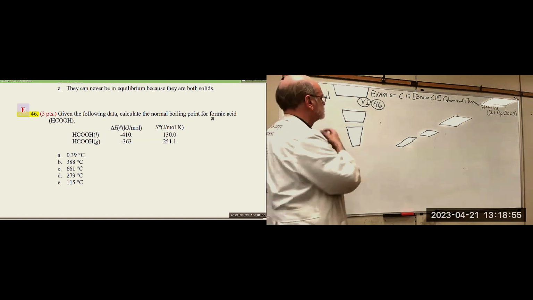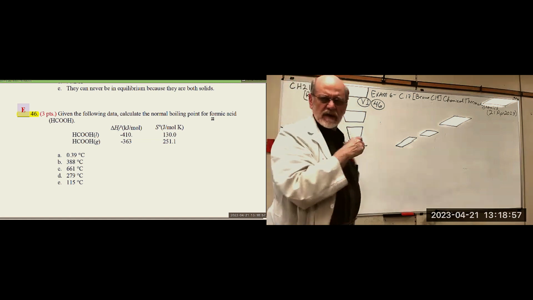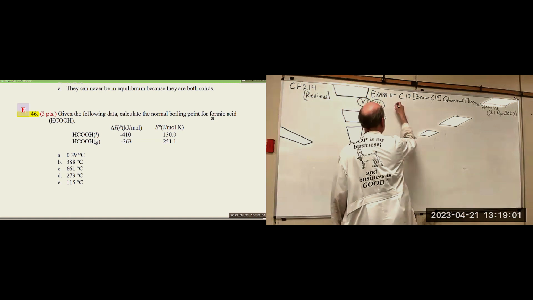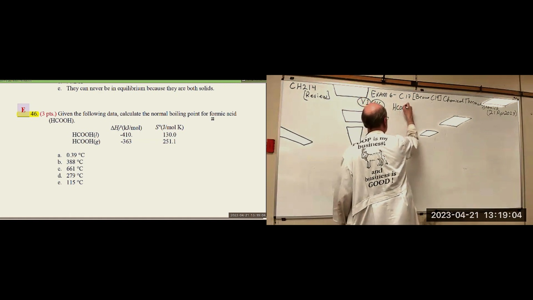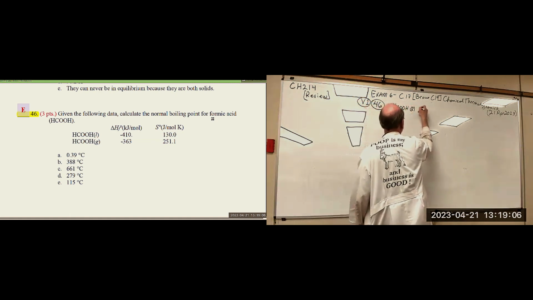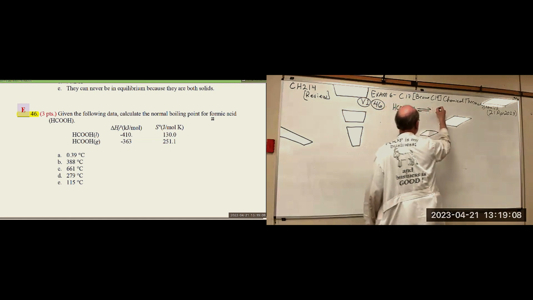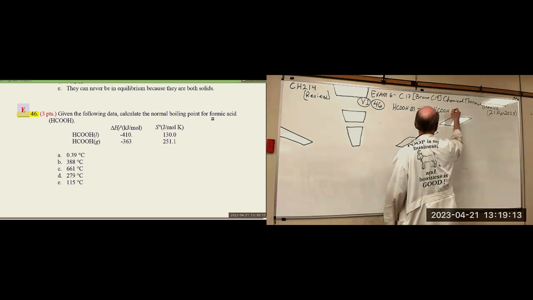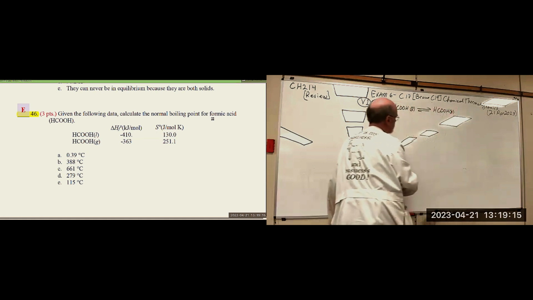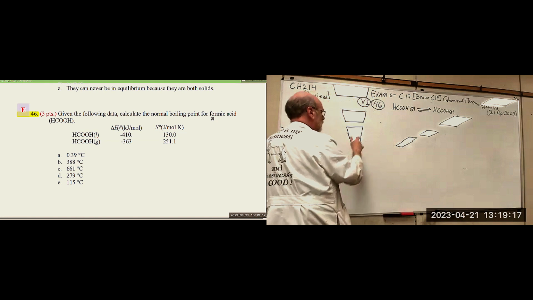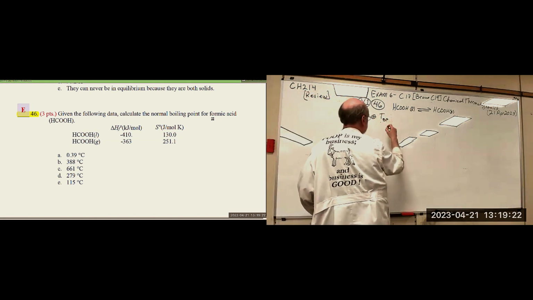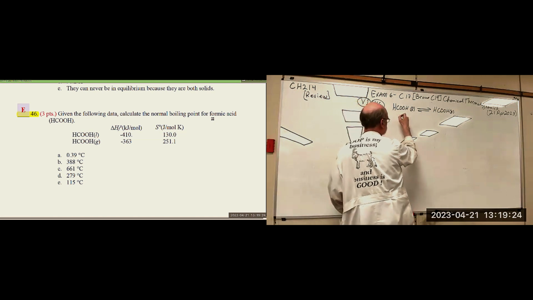So the reaction that we're looking at is formic acid going from liquid to gas. And if we're at the boiling point, then the delta S for